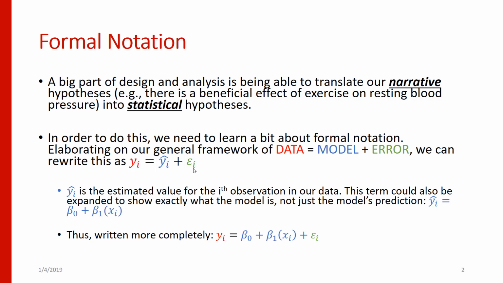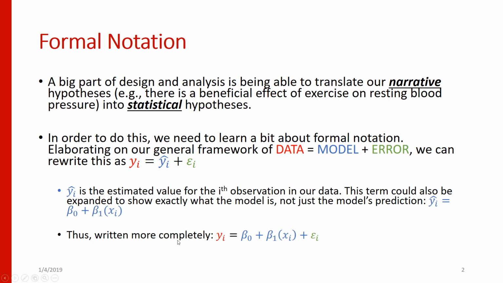So for instance, if we had a conditional model in which our estimated value of y depended on one other variable, we could write it as y hat sub i is equal to beta 0, right, some intercept, plus beta 1 times x sub i. So for each individual, they have a y and an x. And we're going to generate a y hat, a predicted value based on their x. So in this case, we have a conditional model in which y is conditional on x, and it's a simple